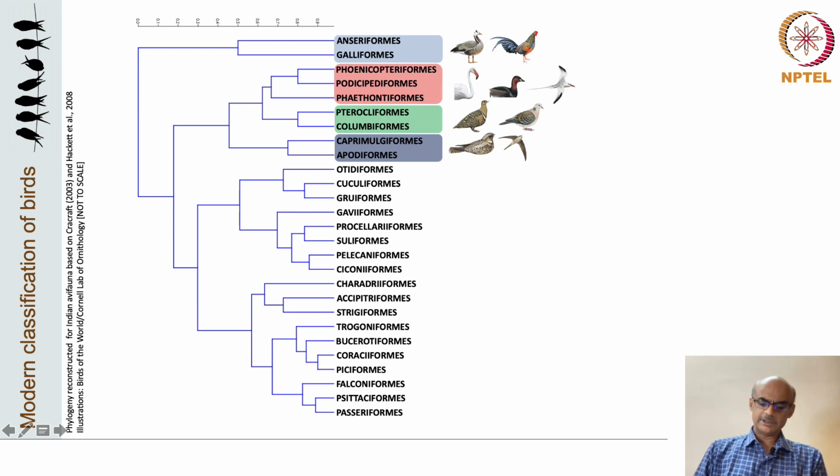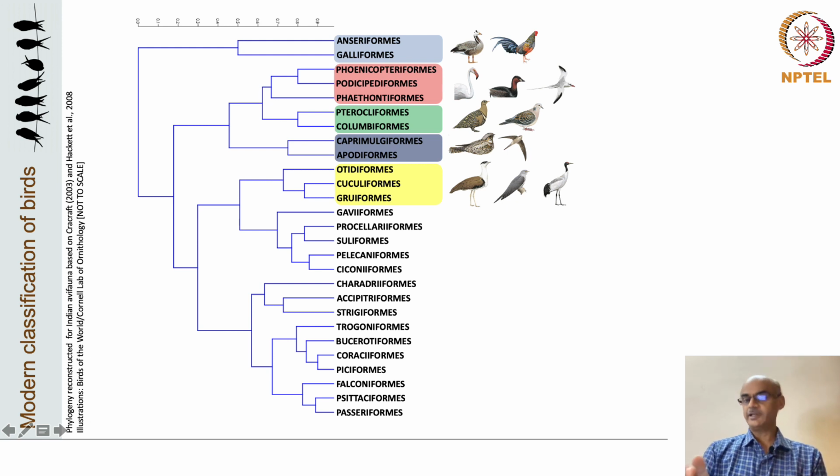So the next clade is composed of cranes, bustards and cuckoos. Cranes and rails of the order Gruiformes are medium to large birds, while rails and crakes are confined to well vegetated wetlands. Cranes are partial to wet grasslands, and some of the cranes are long distance migrants too. Bustards and floricans of the order Otidiformes are birds of semi-arid open grasslands, and they are perhaps the most threatened or endangered groups among the Indian avifauna.